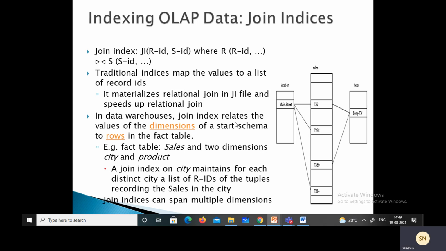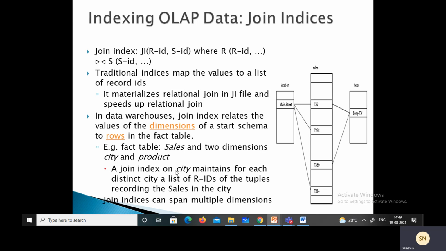In data warehouses, a join index relates the values of the dimensions of a star schema to rows in the fact table. If we take this as the fact table, two dimensions are city and product.